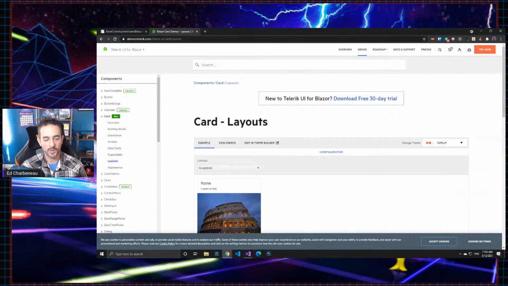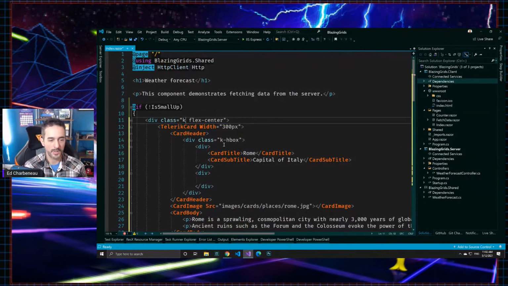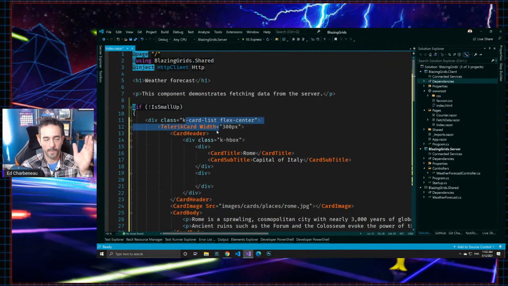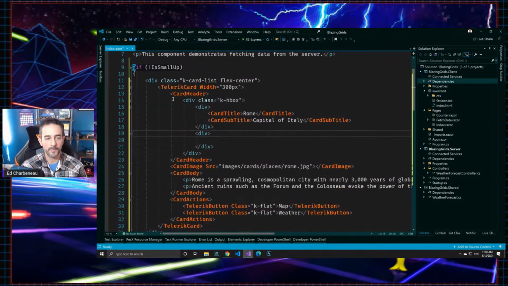So I want K card list in this container. So K card list, and this is going to list the cards vertically. And then we've got a flex center here. And then we're giving it a width of 300. So card title,